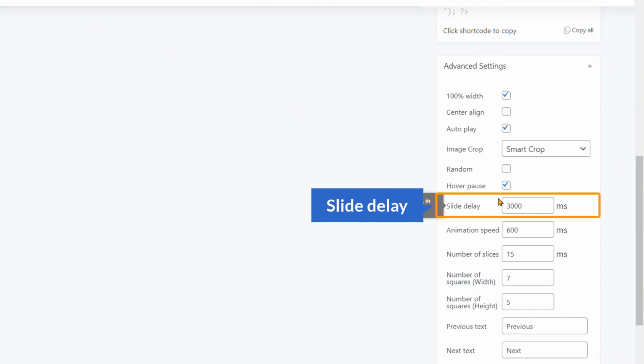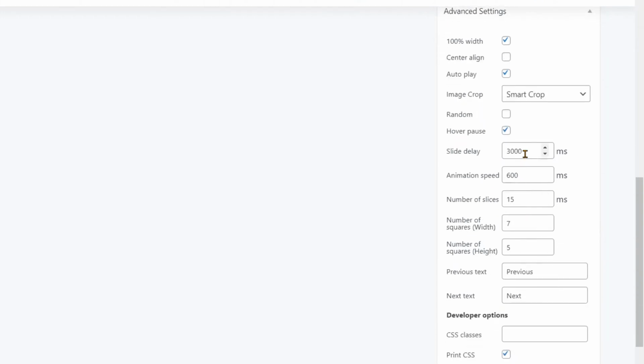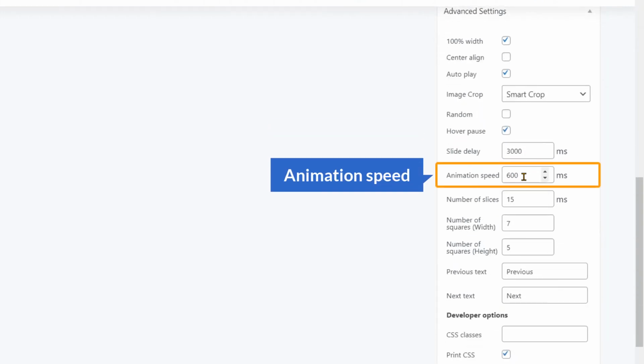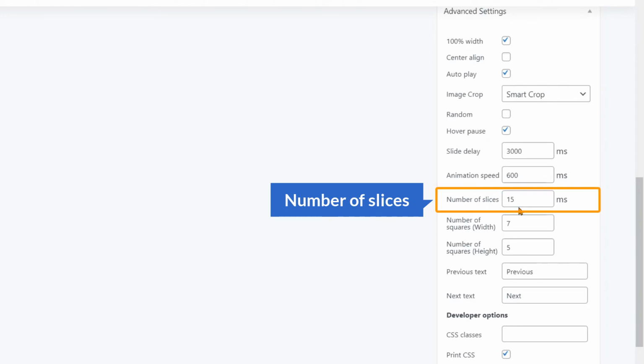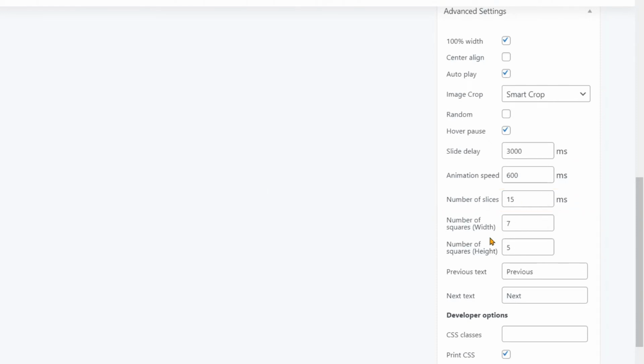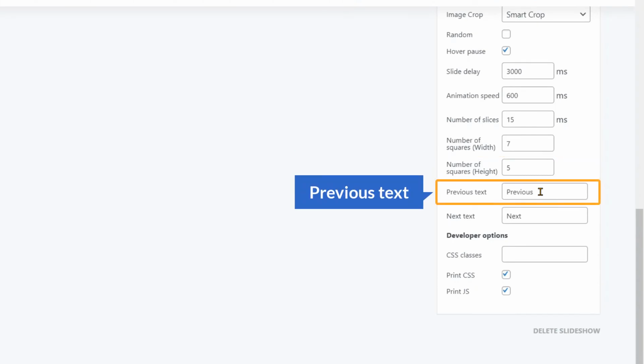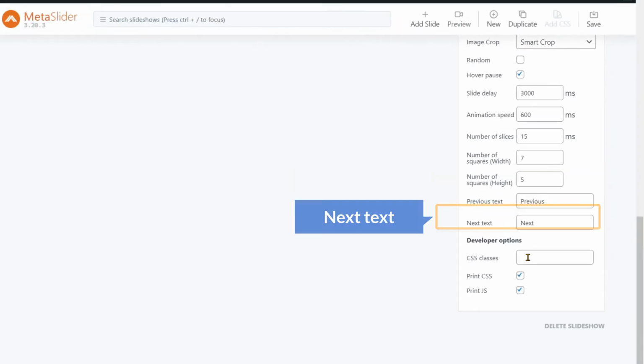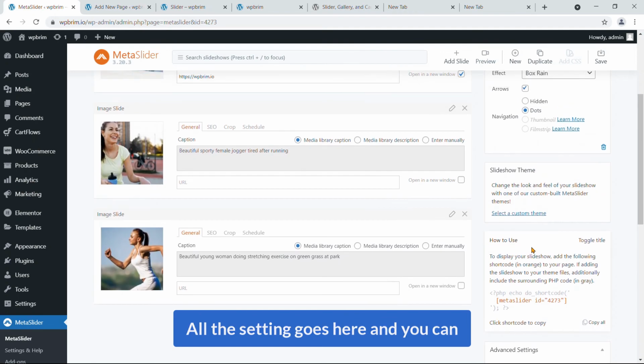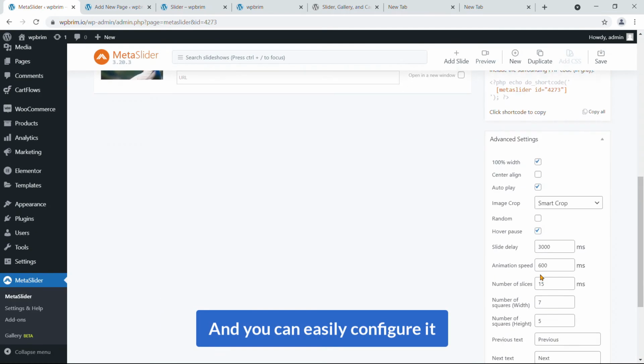And again, here you can see slide delay, the duration of the slide delay, animation speed, and number of slides. Number of square width, number of square height, previous text and next text. All the settings go here, and you can easily configure it.